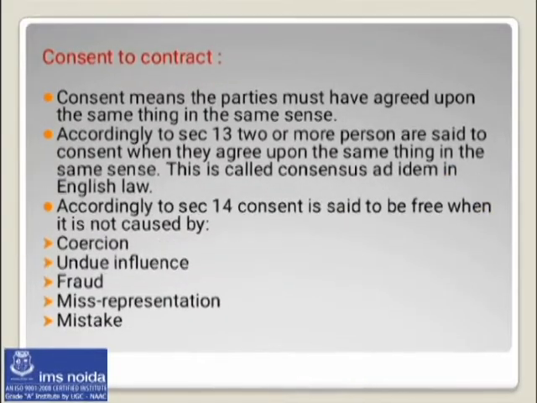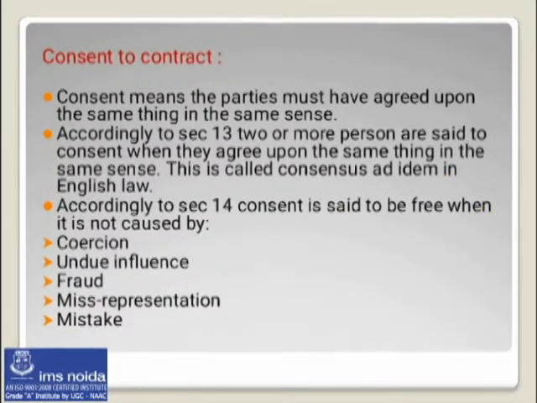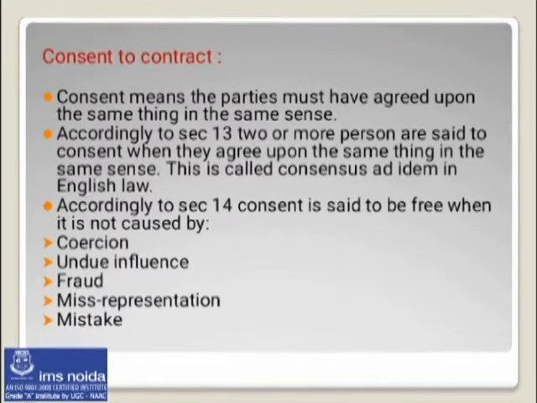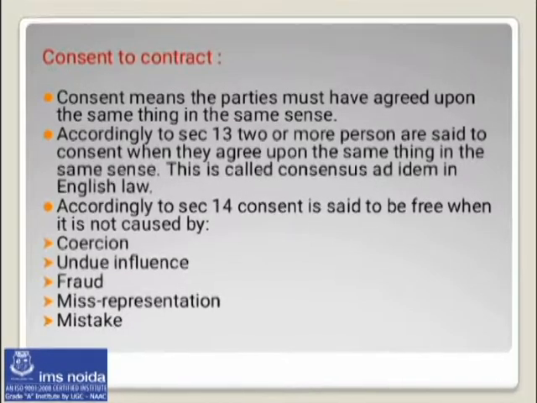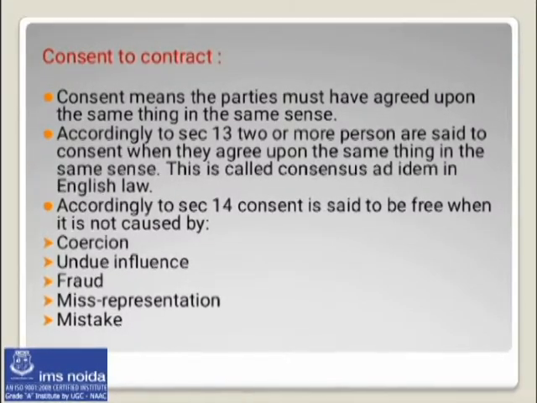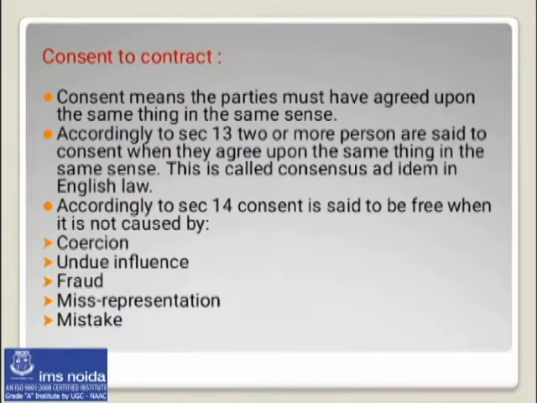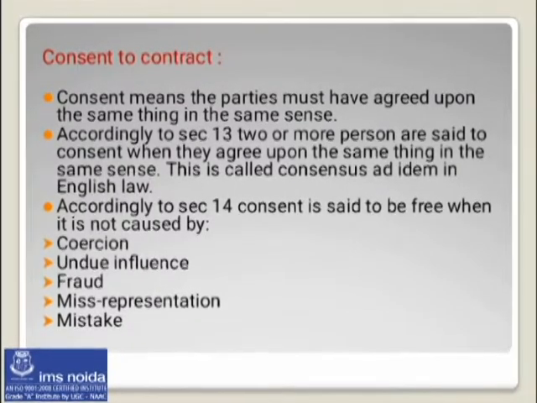Now next is the consent to contract. What does consent mean? It means that parties must have agreed upon the same thing in the same sense. Section 13 talks about consent, and this is also called consensus ad idem in English law. What is consent? Consent means